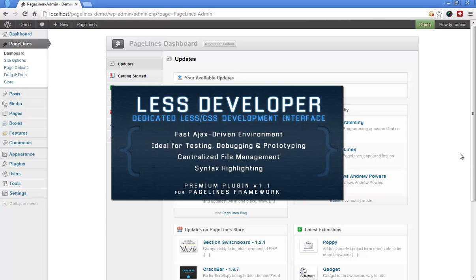And I started using that feature to do some testing with my own code, and it just became kind of a pain. I was constantly saving the code and refreshing the page and looking in this small little box, and I was just like, man, this would be so much greater if it was just two huge windows, not requiring all this page reloading. And that's how Less Developer was conceived, the idea. And so then I started working it out,